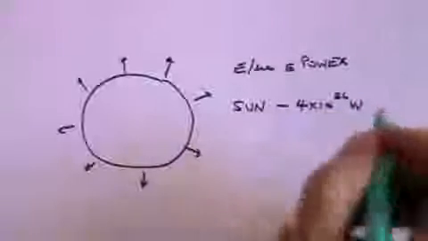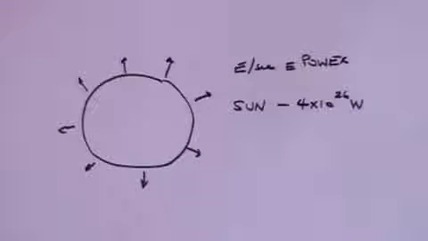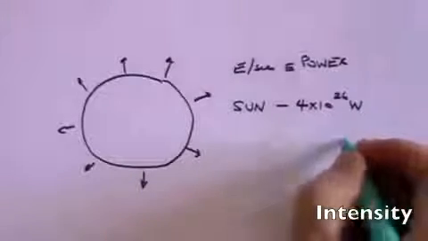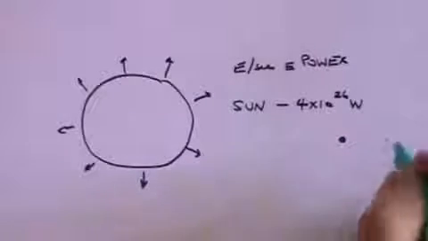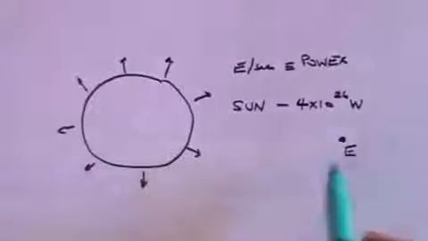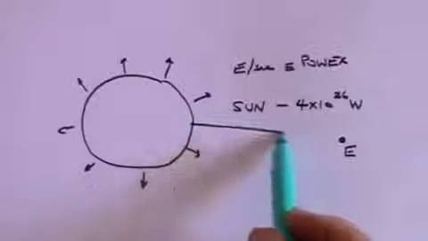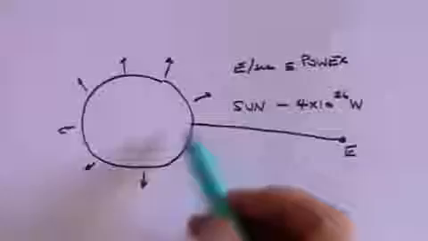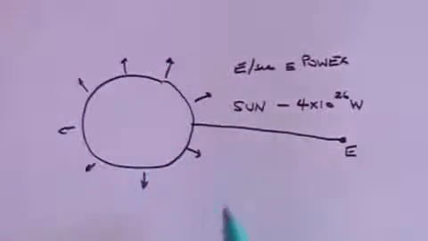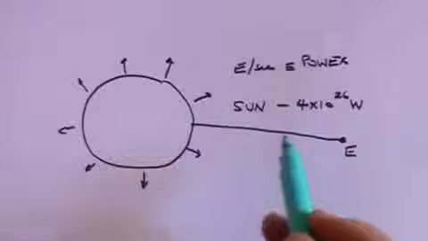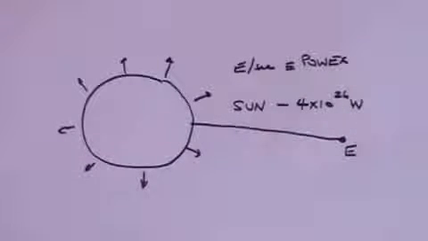Obviously 6 watts, which means that's 4 times 10 to the 26 joules every second. So luminosity is total energy radiated every second. The intensity, however, is the, as it were, brightness that is perceived. So if this is the Earth, then there is some energy that will reach the Earth, but most won't. It will go off in a completely different direction. So it is just the energy that reaches the Earth that will determine the intensity of that star as perceived